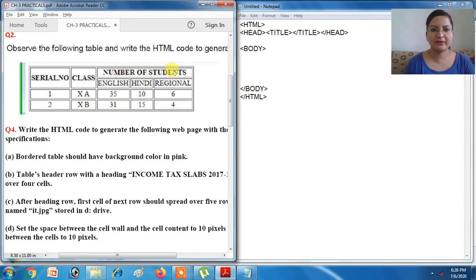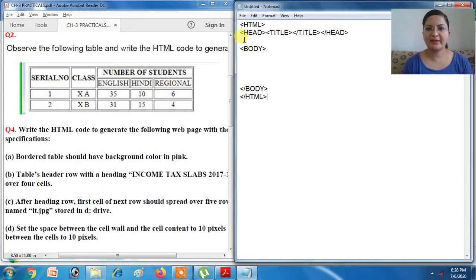So here you have to write colspan 3, here you have to write rowspan 2, and here also rowspan 2. And because of that the second row will contain only 3 TDs, because these cells are already spanning. So let's see the example. First of all, you can write anything here. Write students in the title.